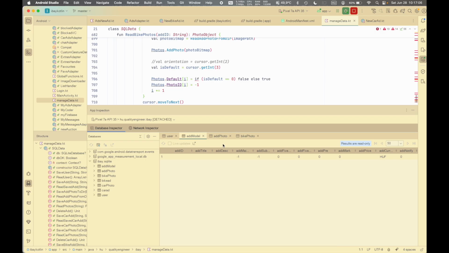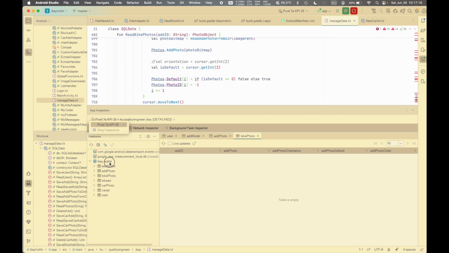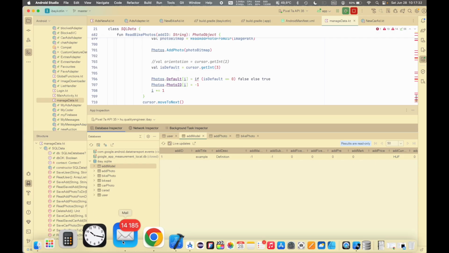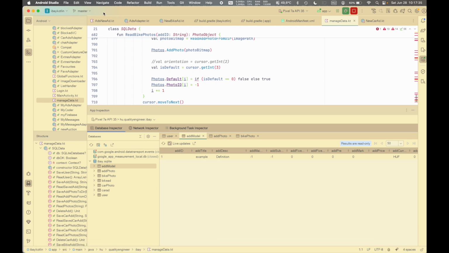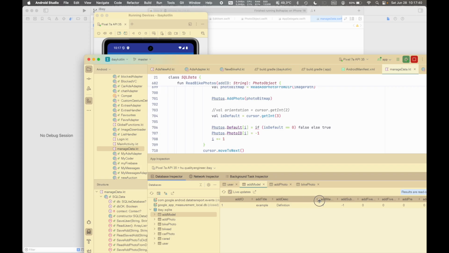So you can see here that we have the data itself. Yeah, okay, this is the previous run. But if I'm attaching to the current run, then I can also update these data live. So when you do something with your database, then it's immediately appearing in this list. So if I'm going back to the application, we will do the same. So we will change this definition